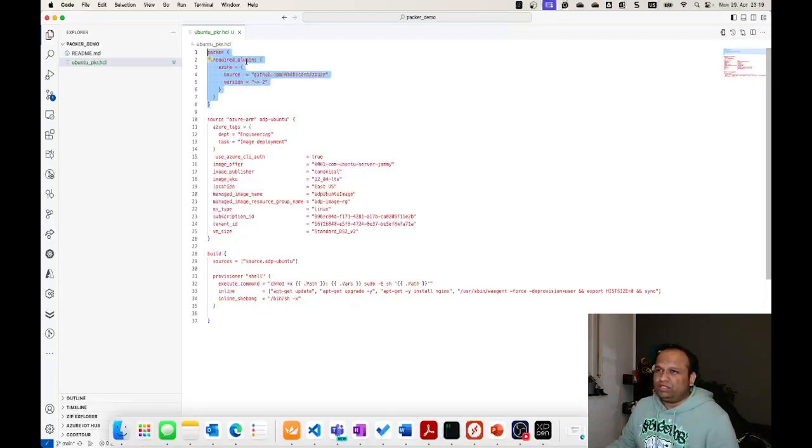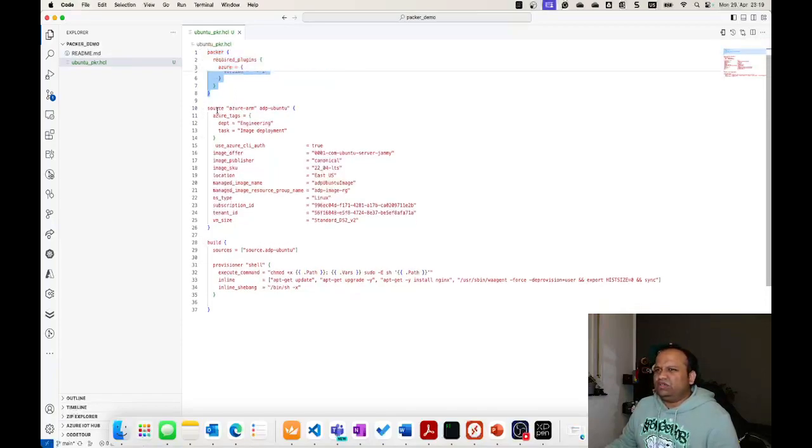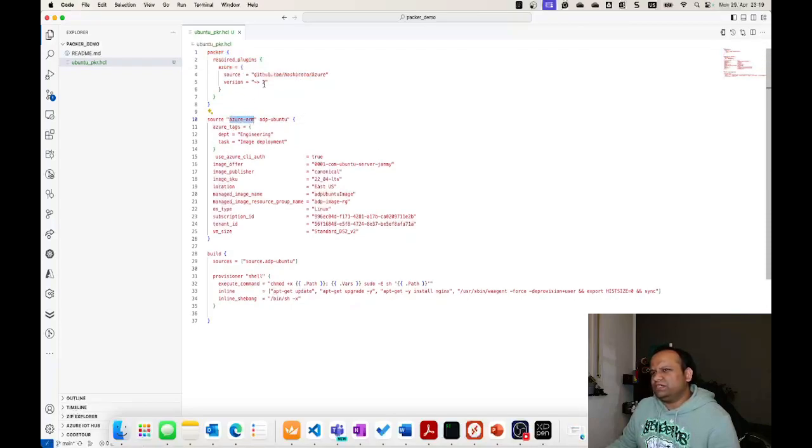Just like in Terraform, you have provider blocks. So here you need a plugin, and the plugin you need is this Azure plugin, which gives you this particular block available to you, and we will soon talk about it. So this is the first thing you need to have. Then you have source, and then in the source you have the Azure ARM plugin. So this plugin is coming from this,